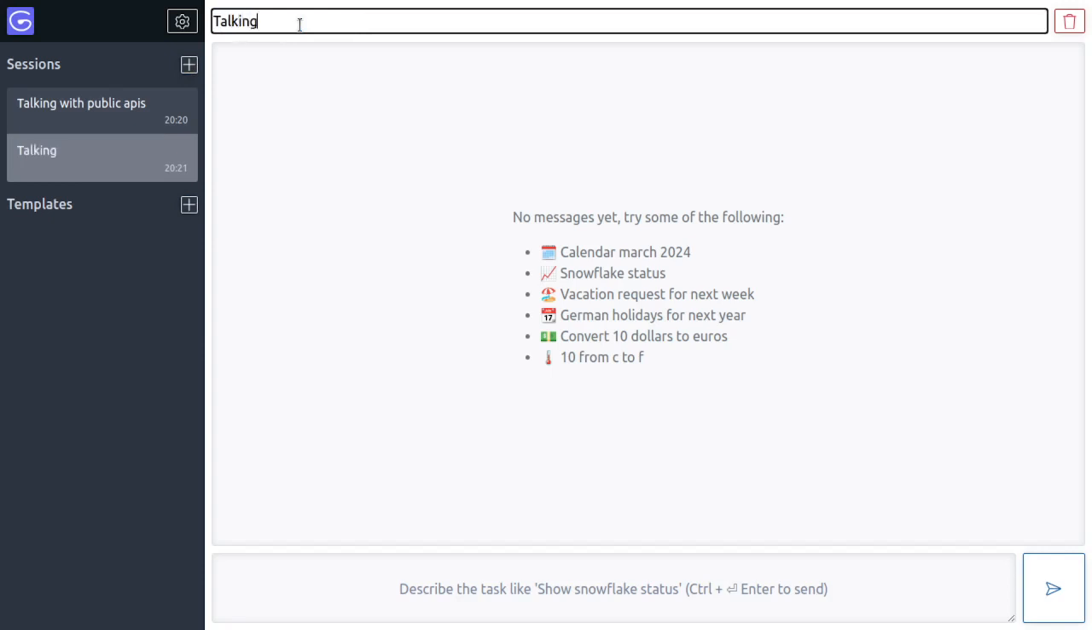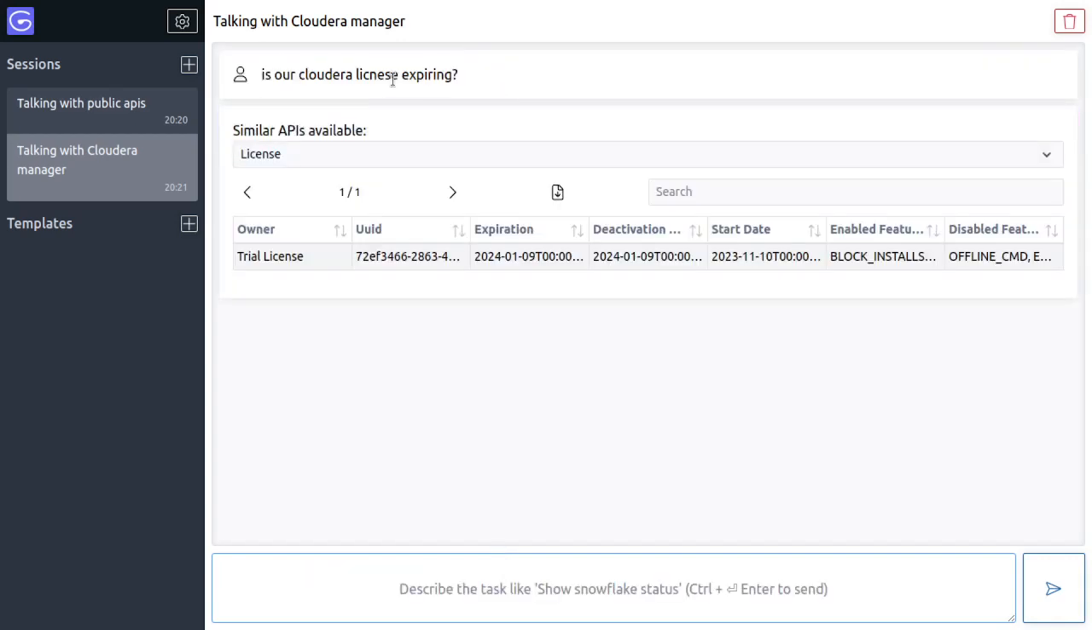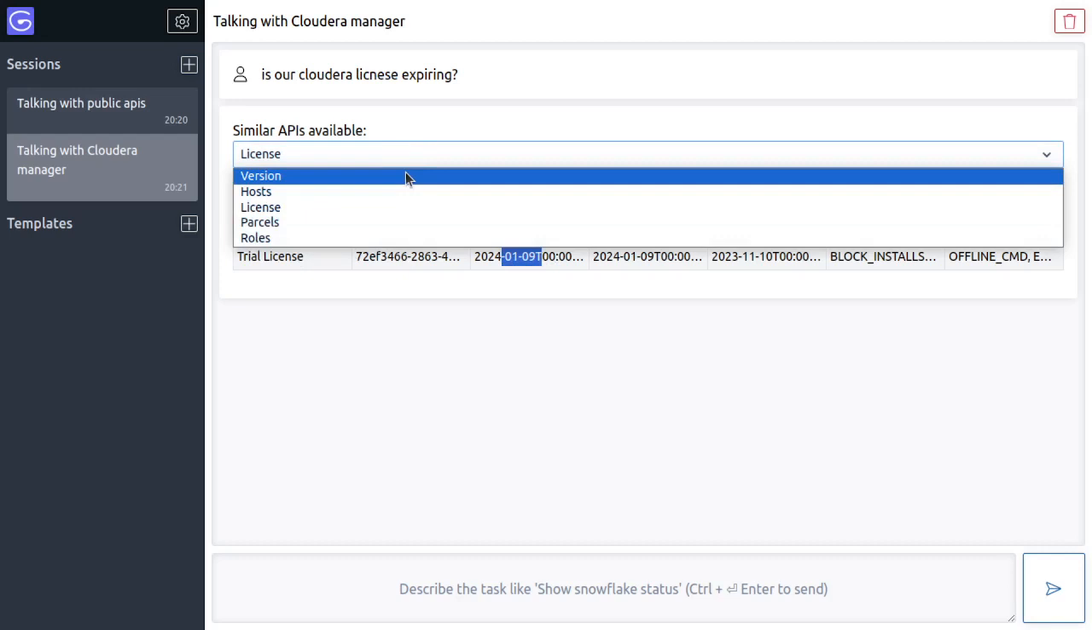So talking with Cloudera Manager is our new session. And here we can start with: is our Cloudera license expiring? I made a typo here, but the LLM was smart enough to detect that I was trying to get information about the license and call this API. I can see here that my license is expiring in January,